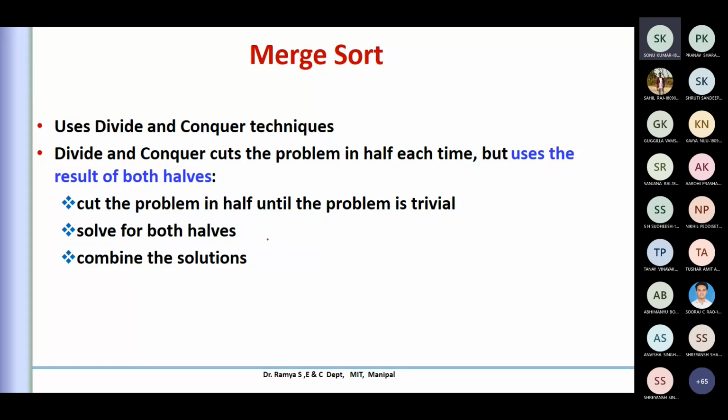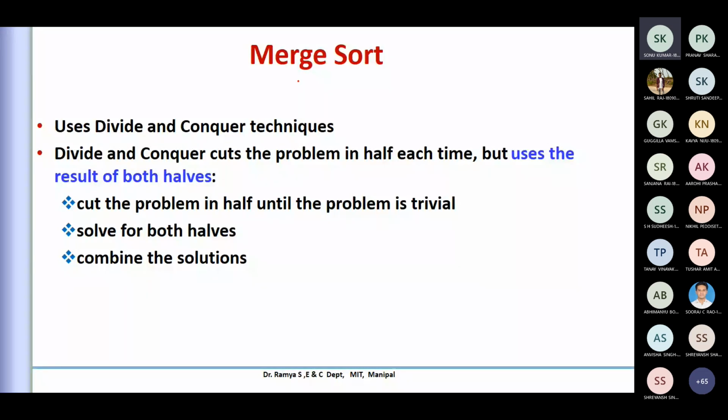You're trying to compare between two elements. At least two pieces of information have to be there. So you cut the information till you have only two elements there. After that you can't compare anything. Once you make a decision between two of them, you get a sorted one. Then we will merge in the hierarchy all the elements one by one. That is where the name comes from, combining the solution or merging of your array.